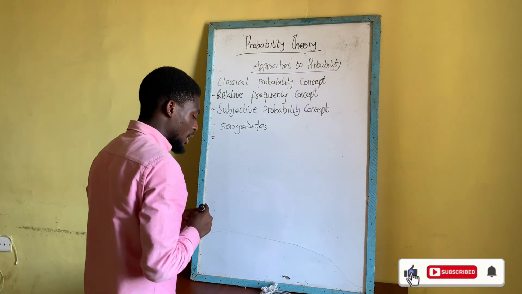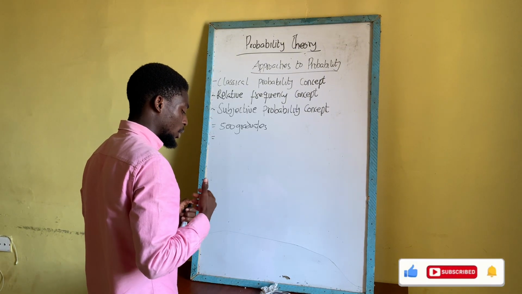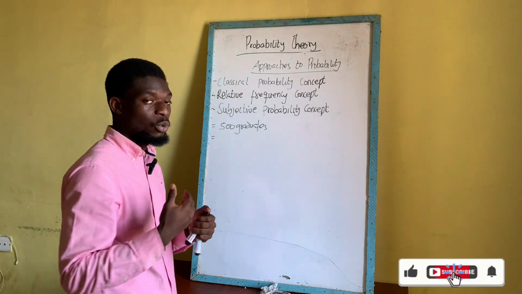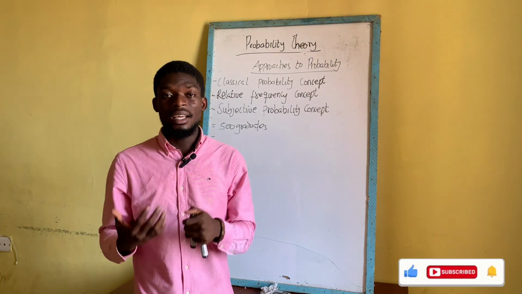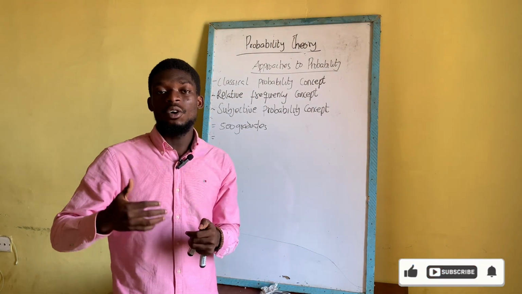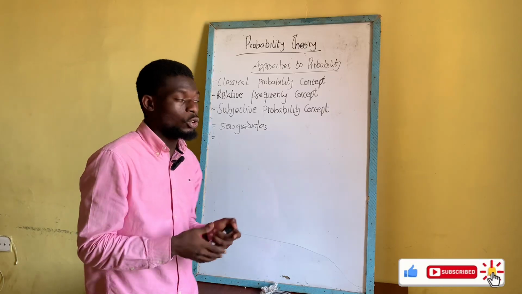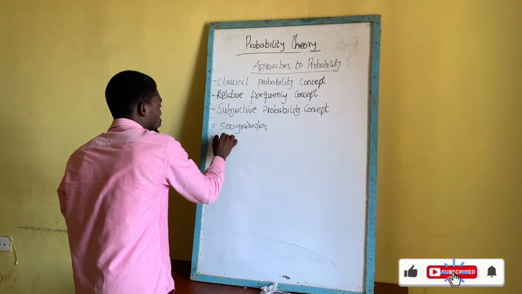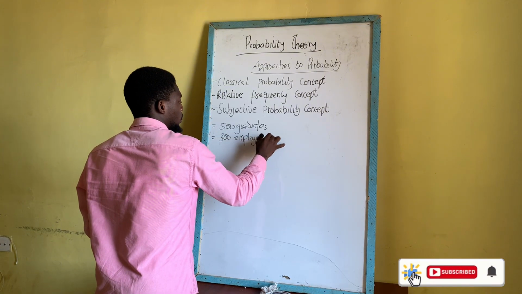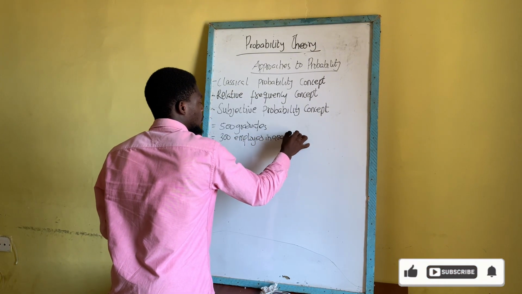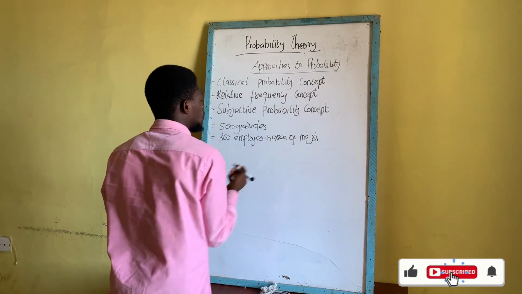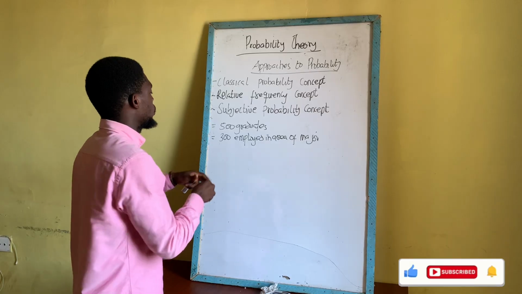And the second one says that out of the 500 graduates at the university, 300 of them were employed. So after graduation, 300 of these graduates were employed in their area of what? In the area that they majored. So 300 were employed in their area of major. So this means 200